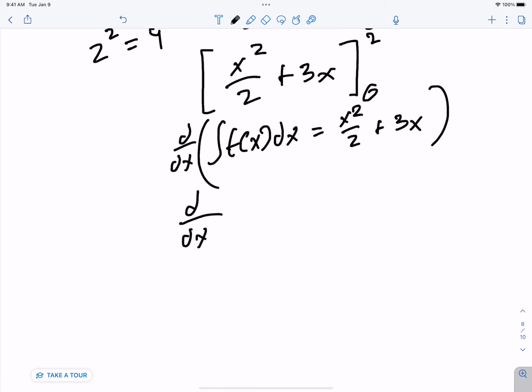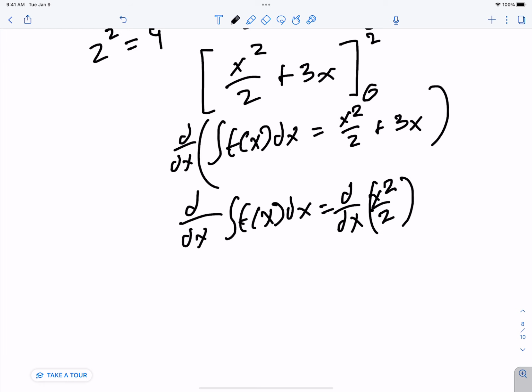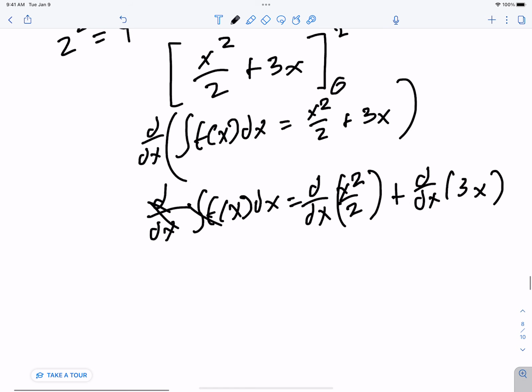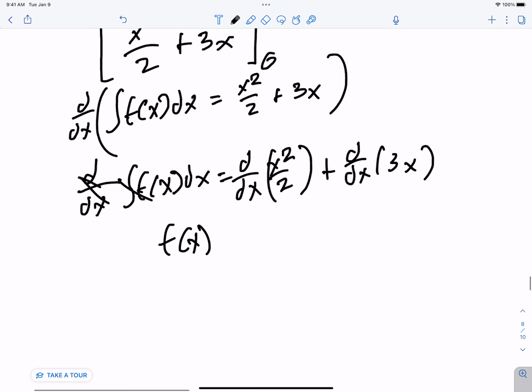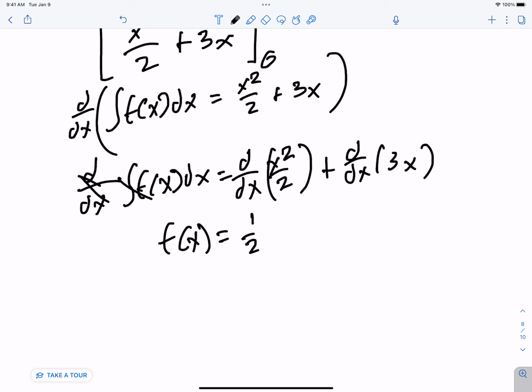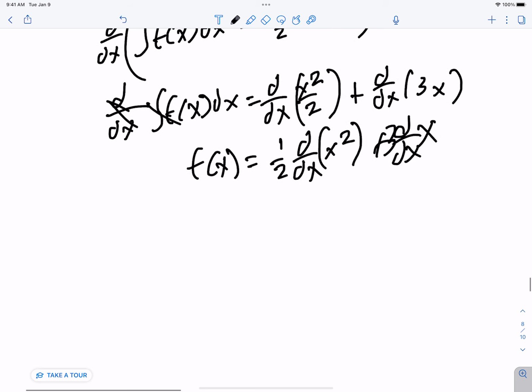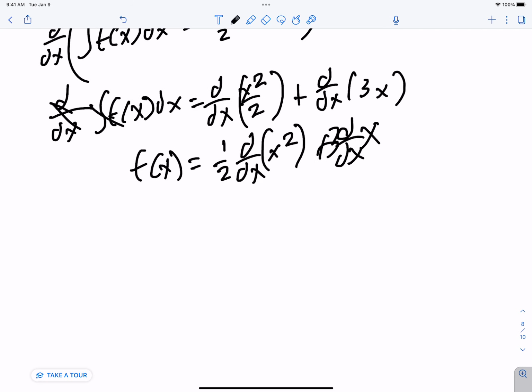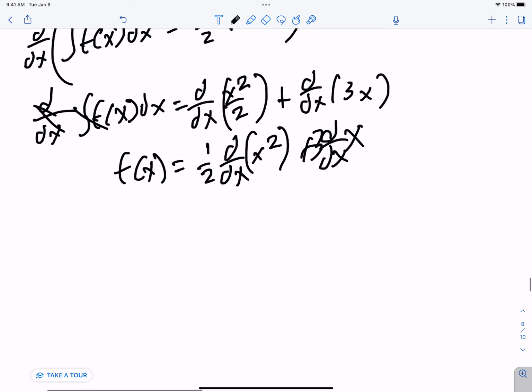So we'll have something like this. You can just split the differentiation into this. And then these actually cancel out, so I'll just get f of x instead. I'm going to factor out the constants because you can do that with differentiation. So that means I'll just have something like that. Oh, 3. There we go. Okay. So now that we have this little equation here,